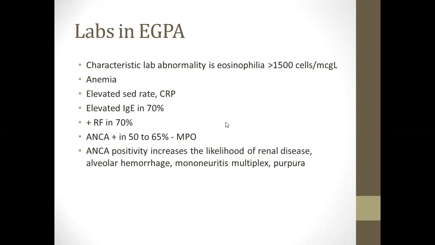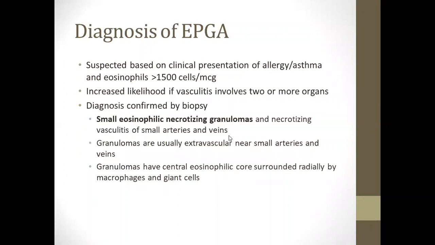Anemia, elevated markers of inflammation, IgE, if you check that, is often elevated. Rheumatoid factor. Their ANCA is also MPO, and if they're ANCA positive, it increases the likelihood of more severe disease, renal disease, alveolar hemorrhage, mononeuritis multiplex. So we think about EGPA when we can get that history, the allergy, asthma, if we can capture those elevated eosinophils,